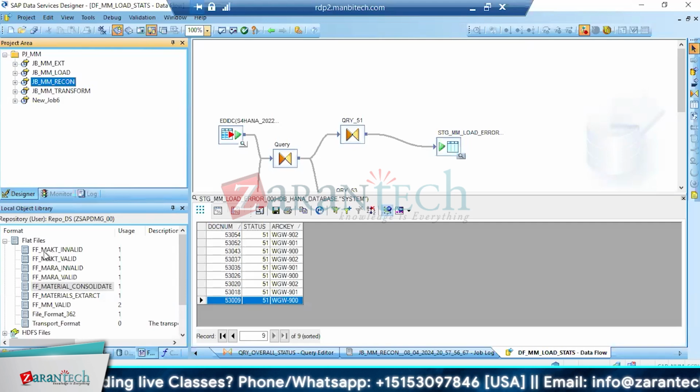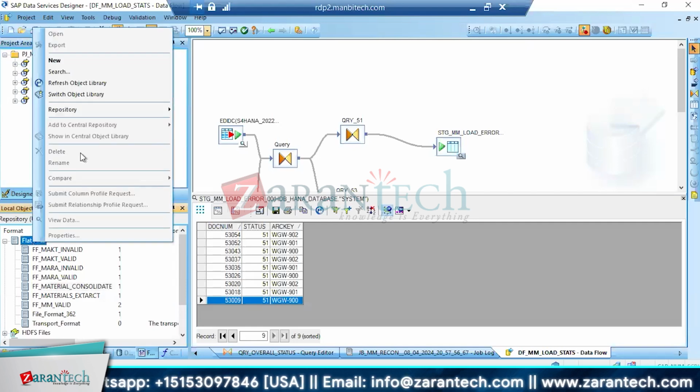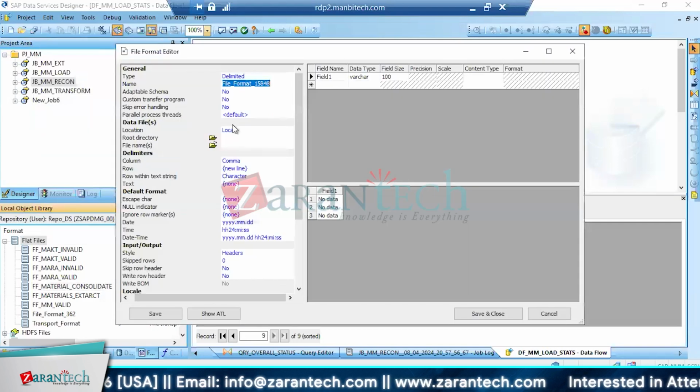Now let me show you. For example, let me take an example of this material consolidator. Okay, so I will not go there and create for material. I will create these many files. For vendor, I will create files. I will keep on creating files. Then I don't want to do that. Usually I will create 3 files. One is,